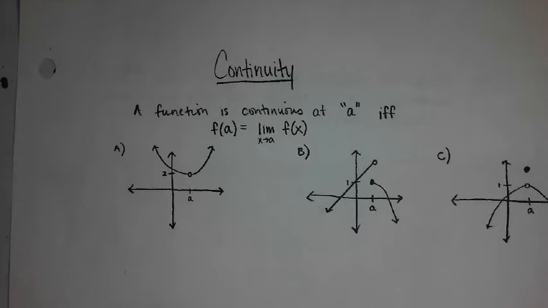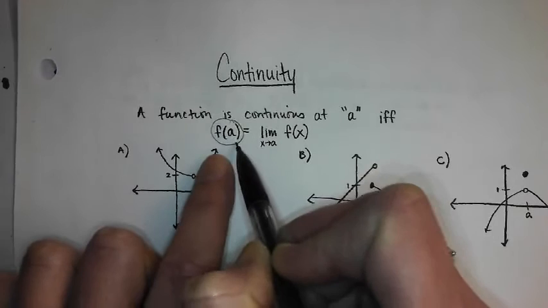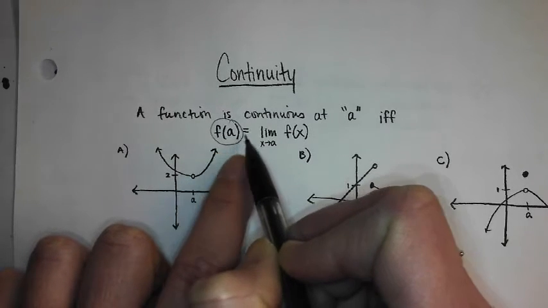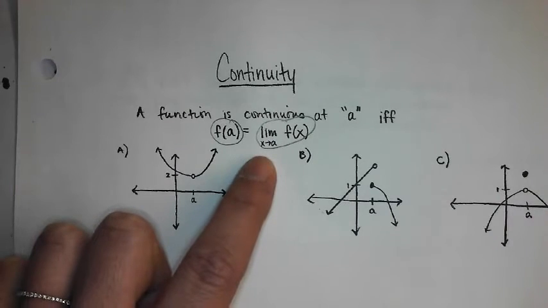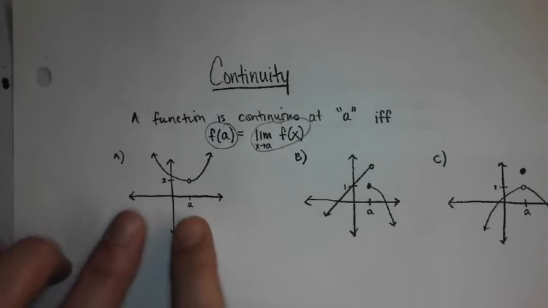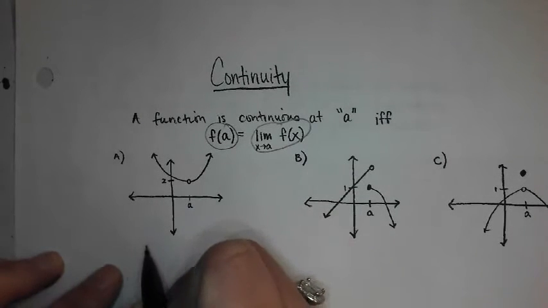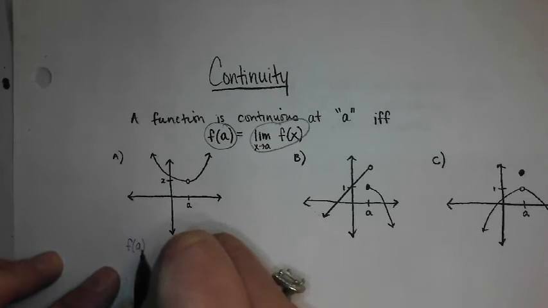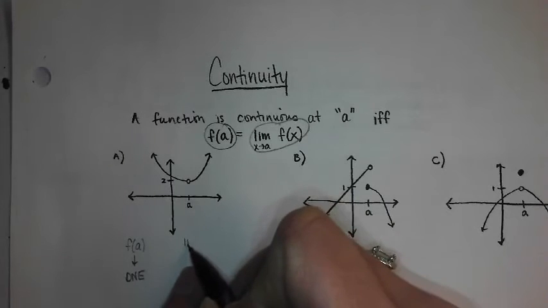Discontinuity, which we have talked about: a function is continuous at any value a if and only if the function value at a is the same number as the limit of the function as you approach a. So here I've given you an example of something that's not continuous. And the reason is because f of a does not exist, and the limit as x approaches a